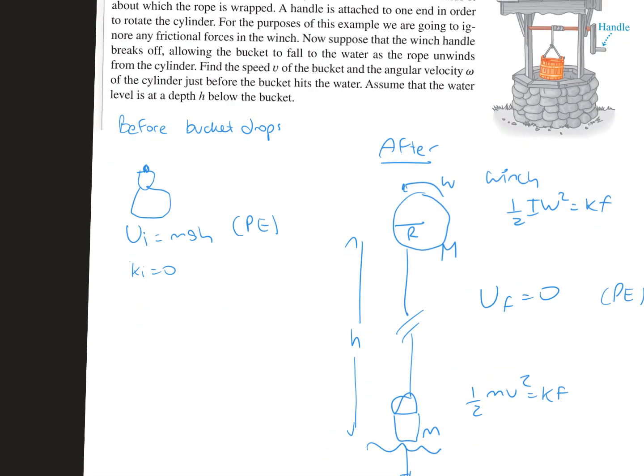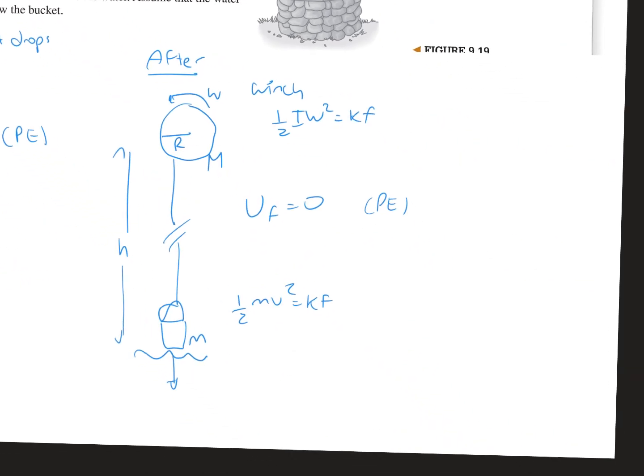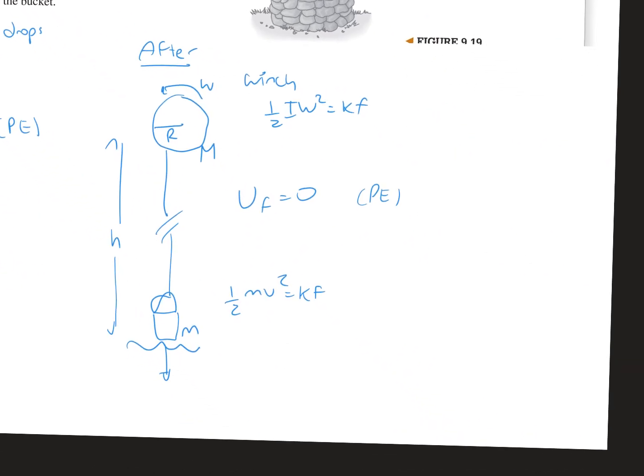Now, before the bucket drops, we have two things. We have the potential energy: the initial potential energy equals mgh. And the initial kinetic energy is going to be equal to 0 because it's at rest. After the collision though,